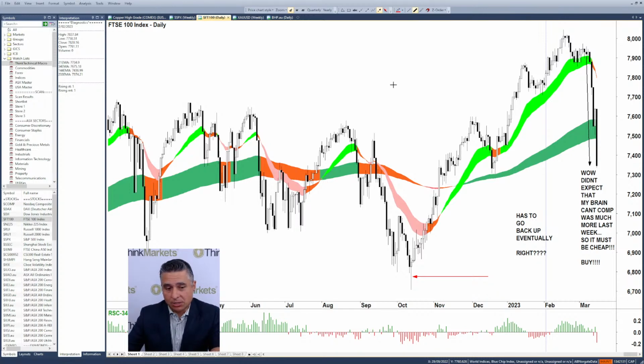So they are literally... the one I'm drawing there is my favorite candle, okay? We need to unwire or rewire our brains from "something is much cheaper than it was last week." I always use the analogy of a pineapple because I love pineapples, okay? I like making piña coladas. And if pineapples were $4 last week and you go to the supermarket and they're 50 cents this week, you're going to buy a bunch of pineapples, right? Because they're cheap, and chances are they probably will go back up to $4. They might not, but who cares? Piña coladas are great, right?